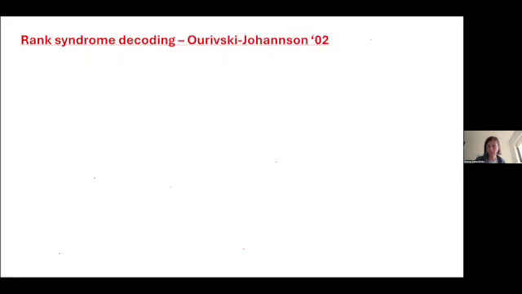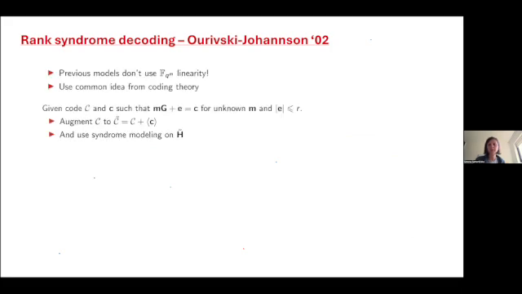Then in 2002, that's a long time ago already, Ourivski and Johansson figured out how to use this Fq^m linearity. This was not used previously. If you followed the reasoning, I never mentioned that these are Fq^m linear. But this indeed helps in solving this, and we can use a common idea from coding theory, which is to augment the code using this C. So if this is the equation, and this is the E that we want, if we augment this C with this C, this means that in this augmented code we will also have